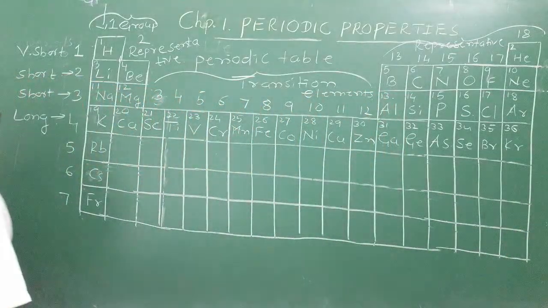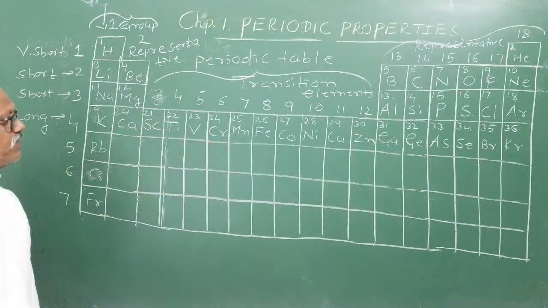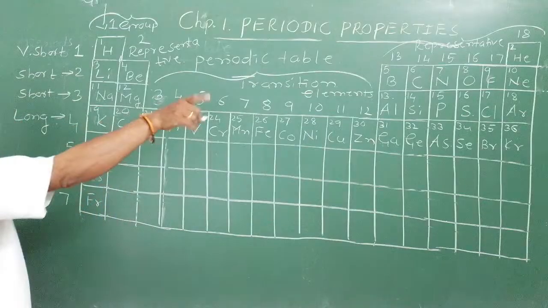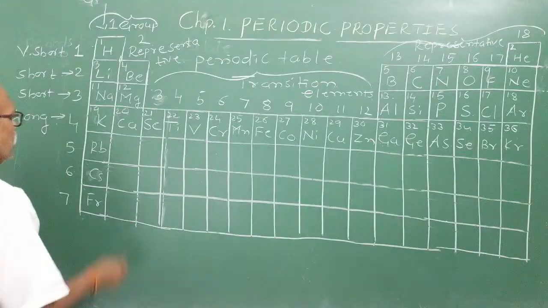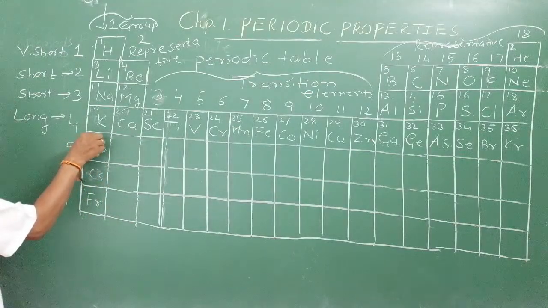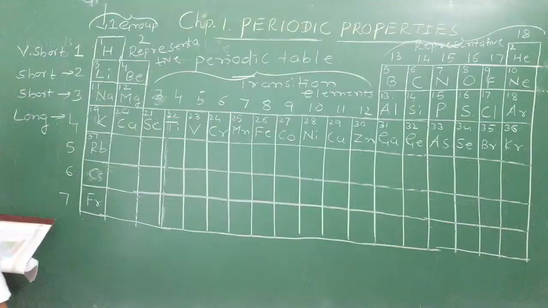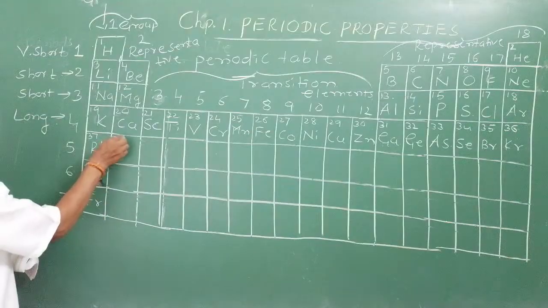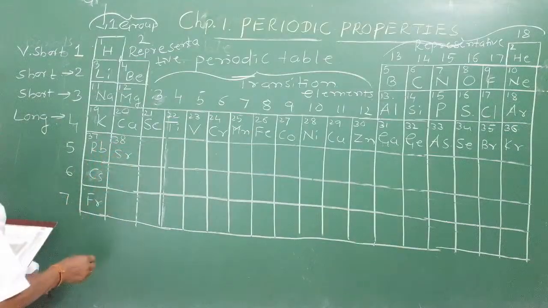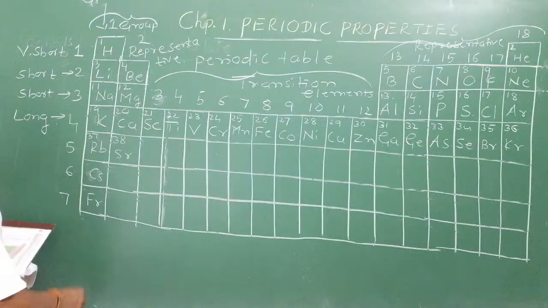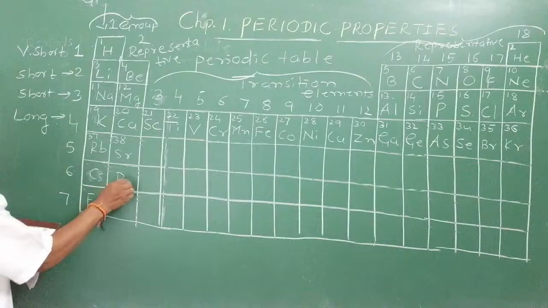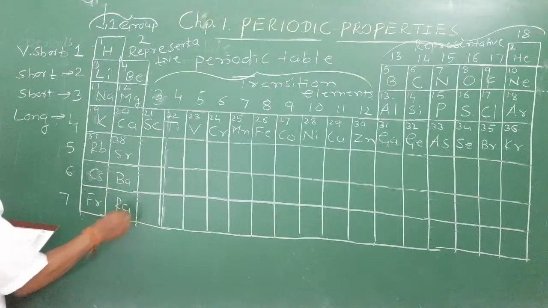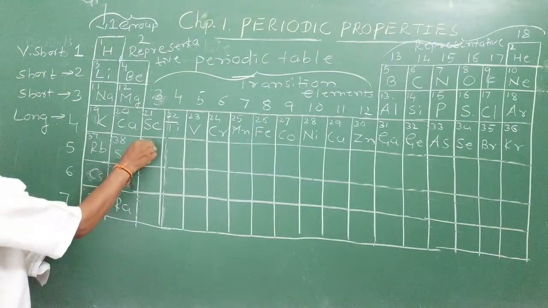Clear? It is a long period of how many elements? Long period of 18 elements. Entire 18 groups are filled here now. Then comes atomic number 37, rubidium. Atomic number 38 is strontium, group of barium and radium. Element with atomic number 39,